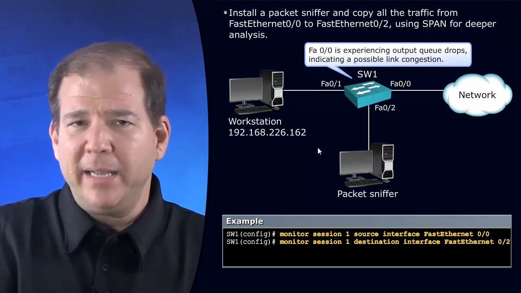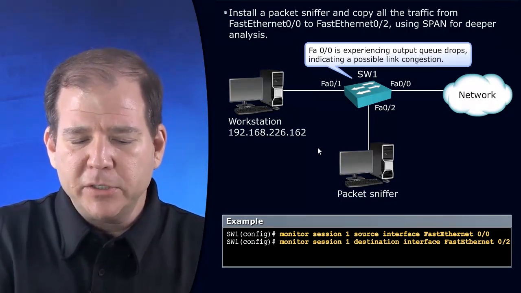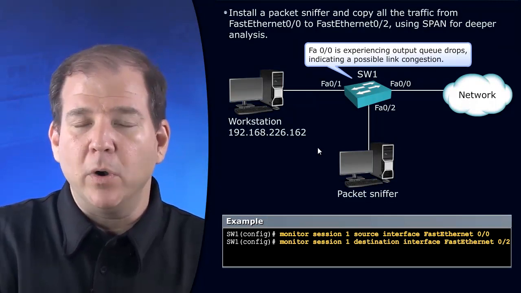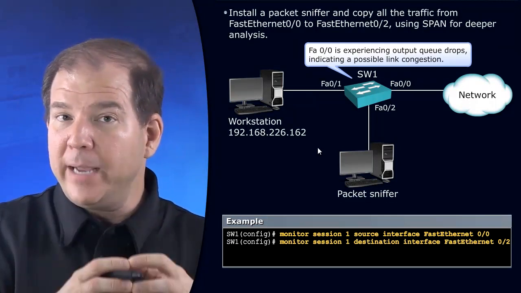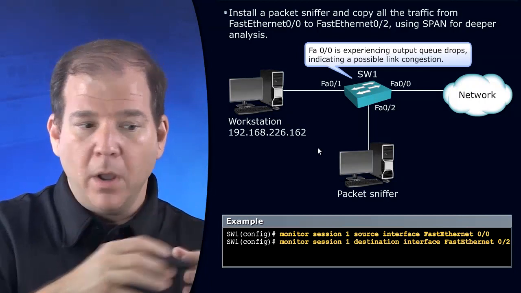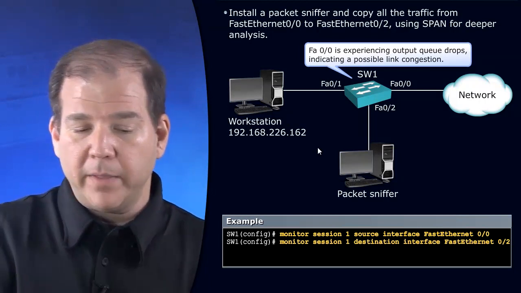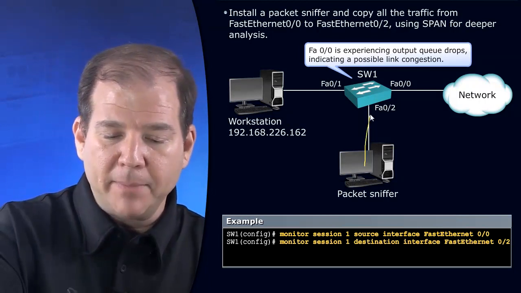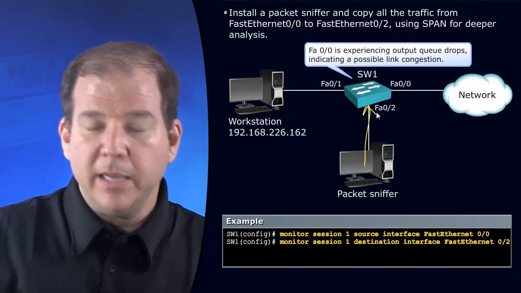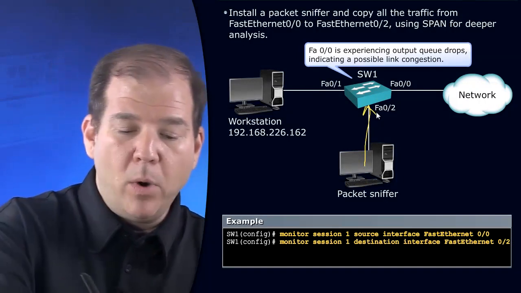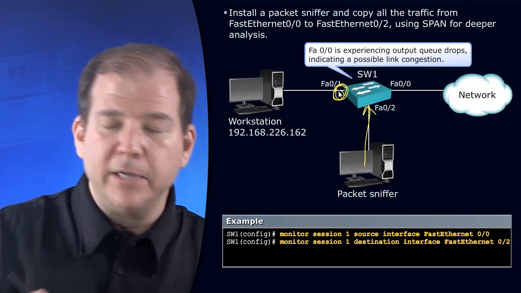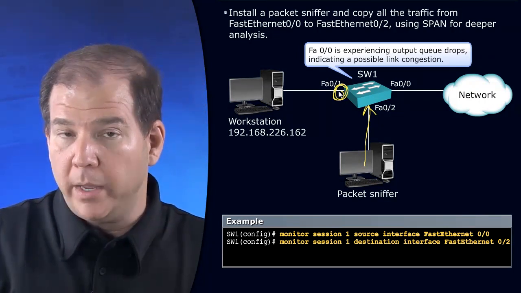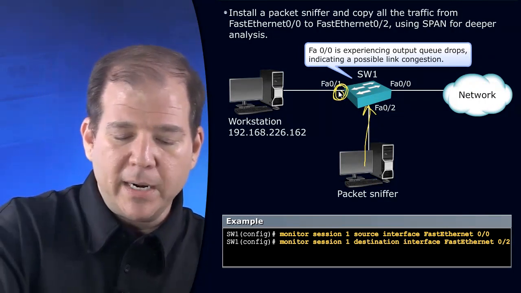is set up a SPAN session. Now, a SPAN session is going to allow me to connect into a switch port and get a copy of frames seen on a different switch port, or maybe seen on a VLAN on that switch. Here, I'm connecting my laptop, let's say, running Wireshark into FastEthernet 0/2. I want to see traffic that's seen on interface FastEthernet 0/1 on this switch, and I create a monitoring